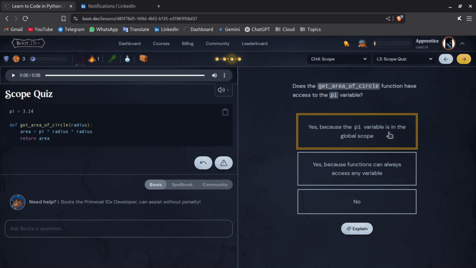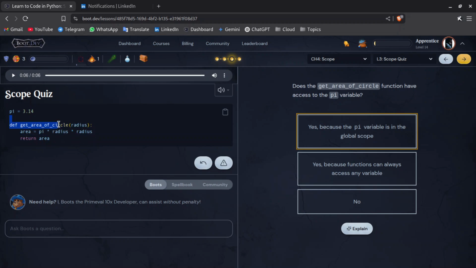Yes, because the pi variable is in the global scope. Yes, because the function can always access any variable. No. So let's explain. The pi here is in the global scope, so it should be accessible anywhere else in